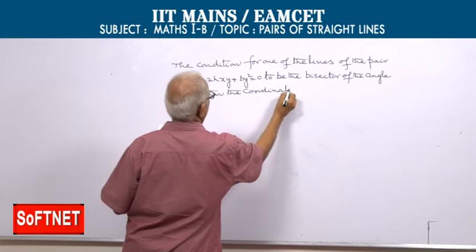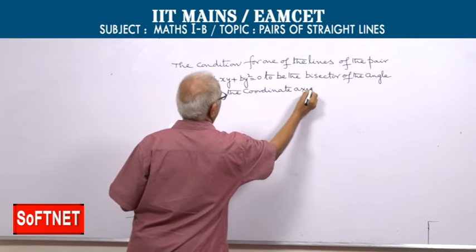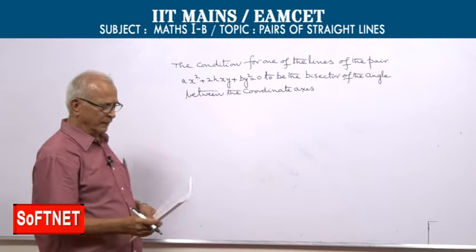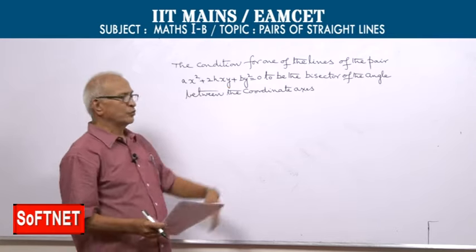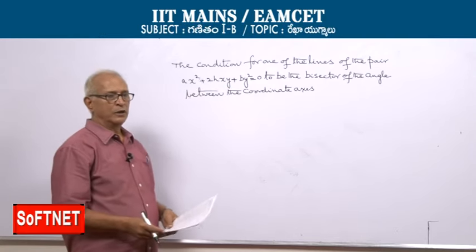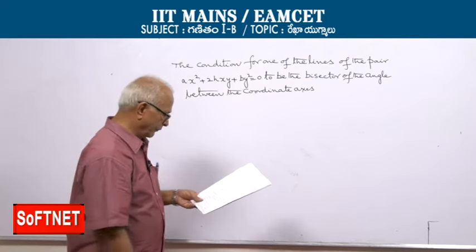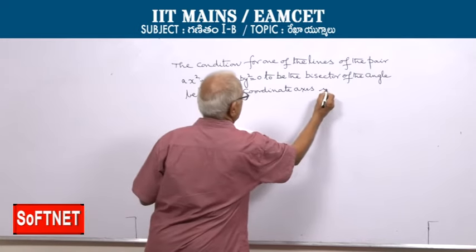What is the condition for one of the lines represented by this homogeneous equation to be the bisector of the angle between the coordinate axes? అంటే ఈ సమఘాత సమీకరణం సూచించే రెండు రేఖల్లో ఒక రేఖ నిరూపకాక్షాల మధ్య గల రెండు కోణాల్లో ఒక దాన్ని బైసెక్ట్ చేయడానికి కండిషన్ ఏమిటి? ఈజ్